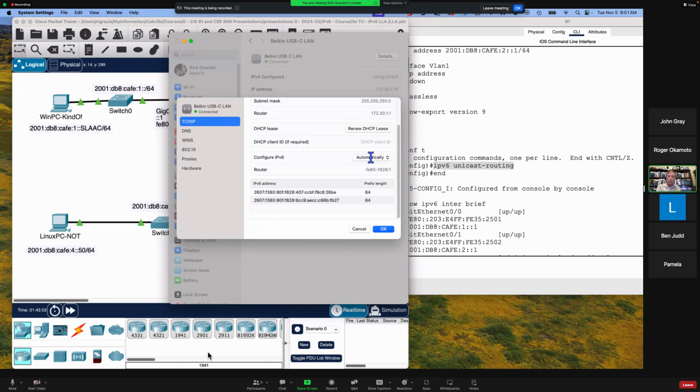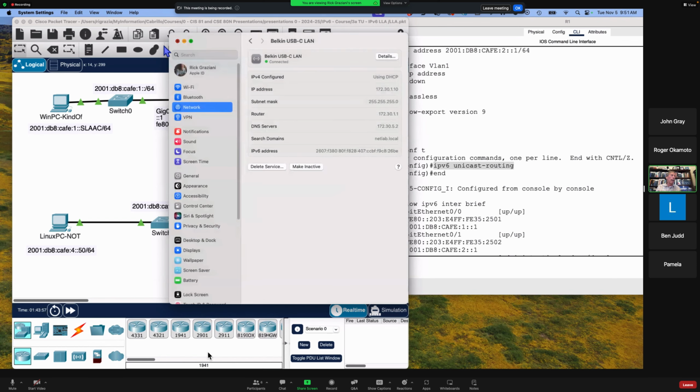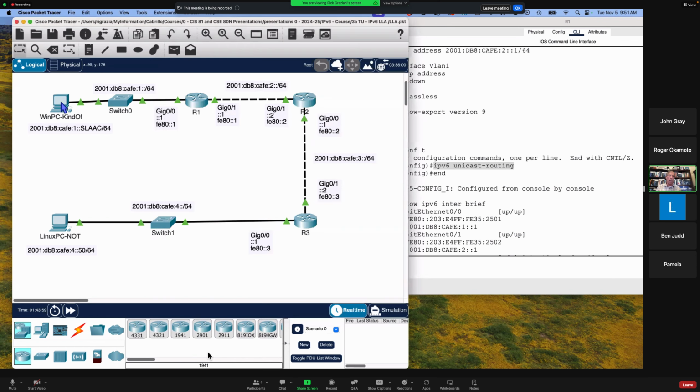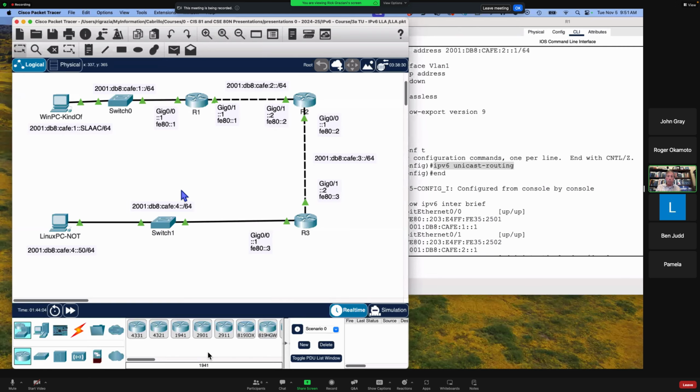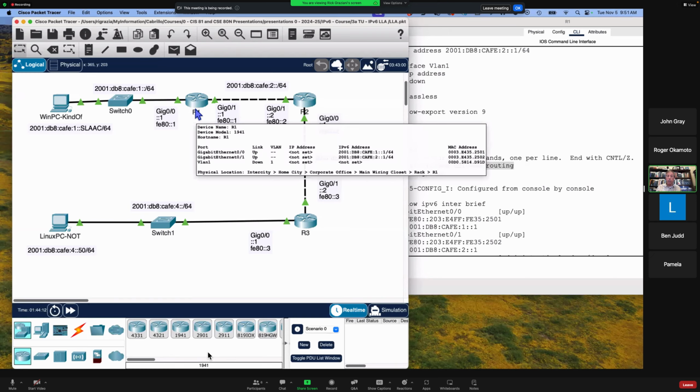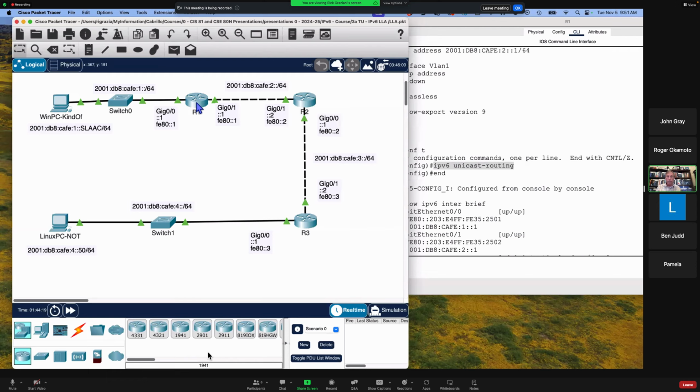IPv4, not so much. With IPv4, you have two options for a device getting an IPv4 address. You statically configure it, or you have to have a DHCP server on your network with a pool of addresses that gives all that information out. And a router. Now, typically they're the same device, but that router is acting as a DHCP server and has to have that ability. You've got to configure it, or if it's a home router,